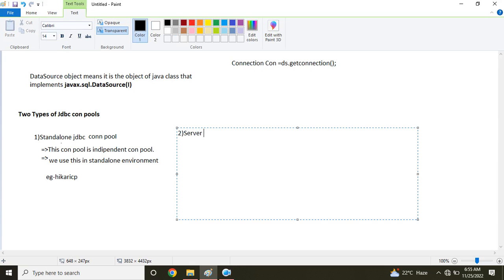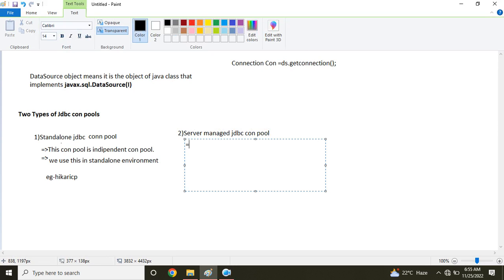Server managed JDBC connection pool. Okay, then